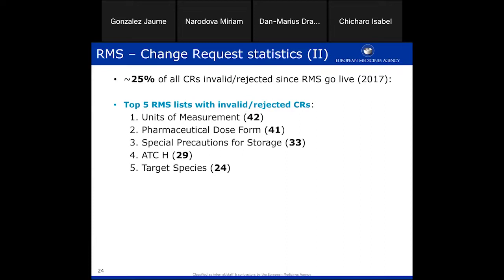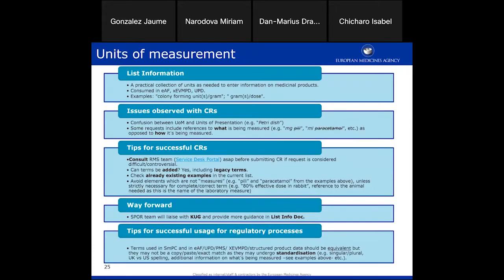why some of the requests for these 5 lists are sometimes rejected, and it provides some tips on how to avoid this. They are a bit packed with information, but I'll try to go through them as quickly as I can, and hopefully this will be useful for users, and it can even be used as guidance to submit change requests in the future. So the first list is the units of measurement, which is basically a collection of units needed to